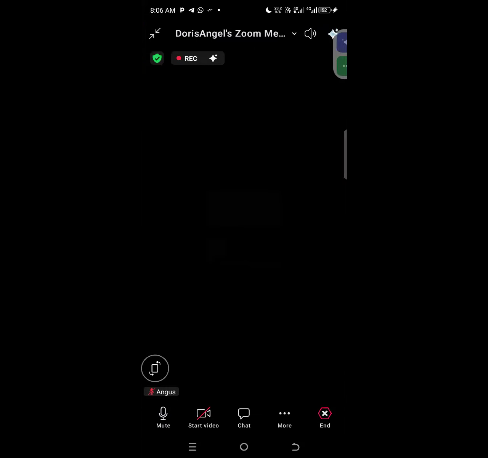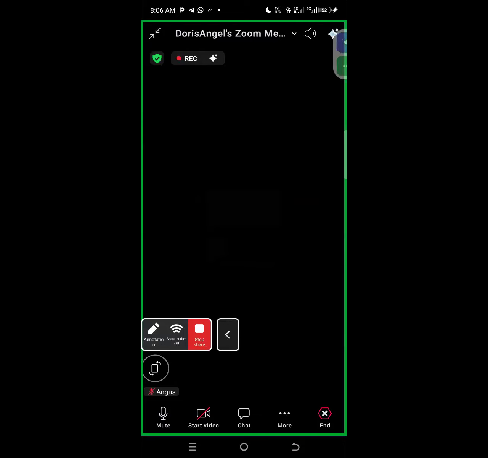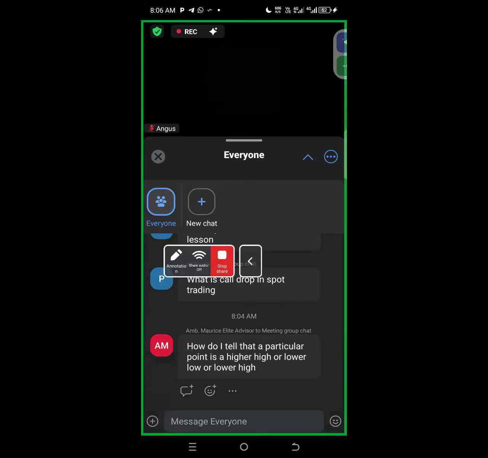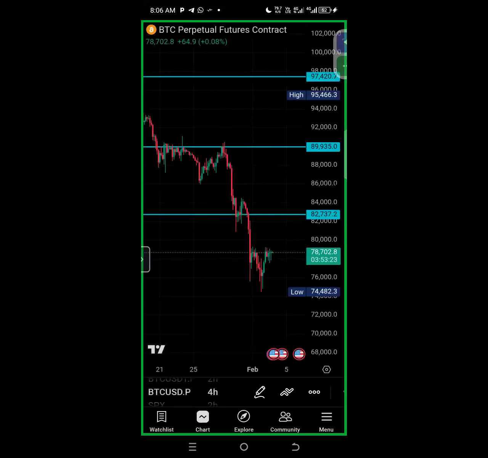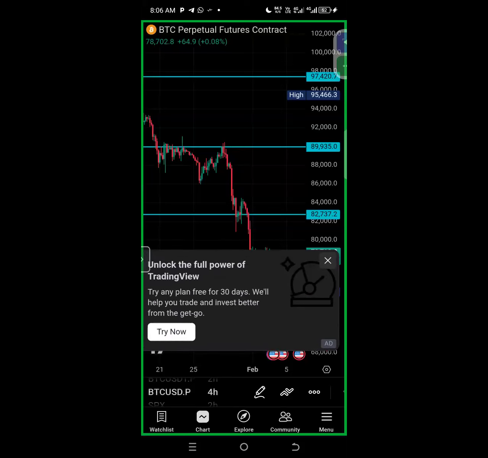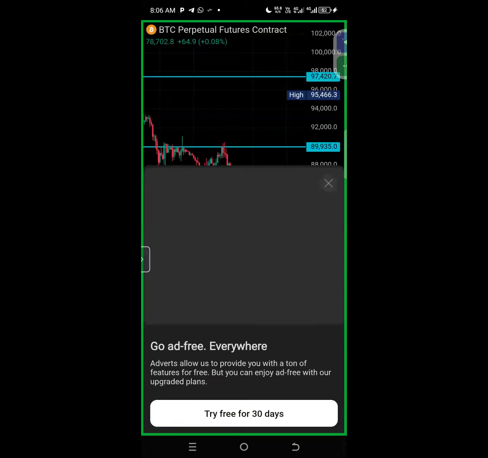All right. So how do I point out if a particular point is higher high or higher low? So basically, you observe it on a chart. If you have a chart, it's a visual presentation. So your question, let me read the question again. How do I know if a particular point is higher high or higher low? Yes. So come to this chart again. How will you know if it is higher high or higher low? Because we said